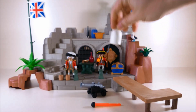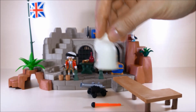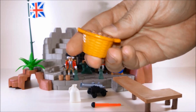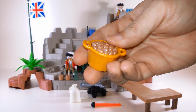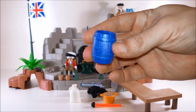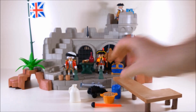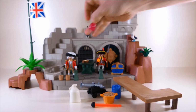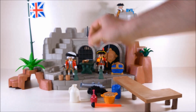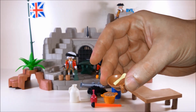Then we have some food for our soldiers. We get 1 sack full of beans or maybe flour, 1 basket full of potatoes or bread if you prefer, 1 blue barrel which is empty but we can pretend it's full of wine, 1 bottle of wine, 1 bowl with a spoon,